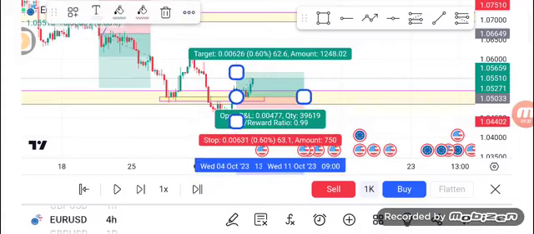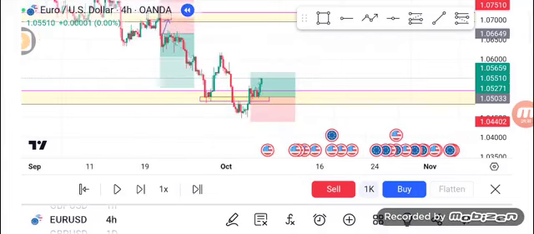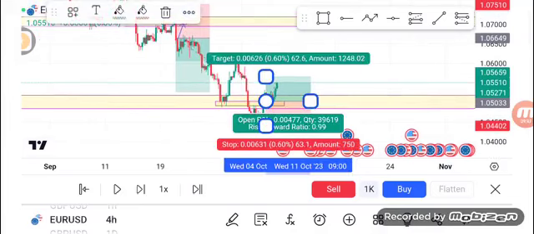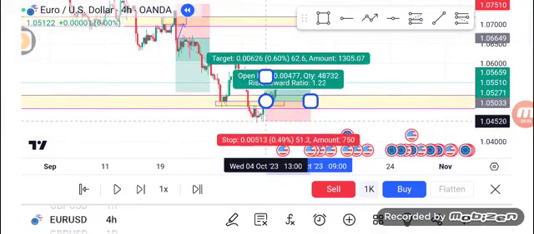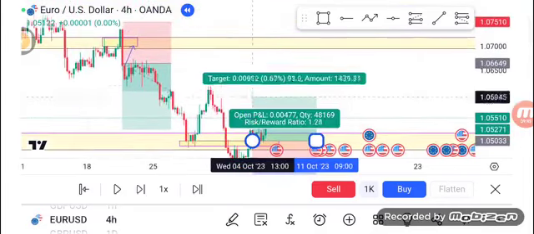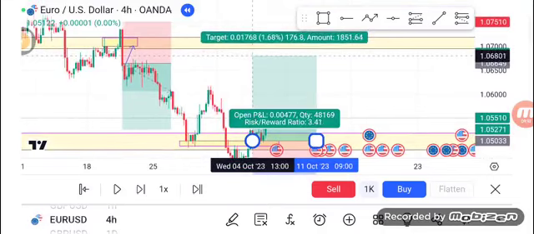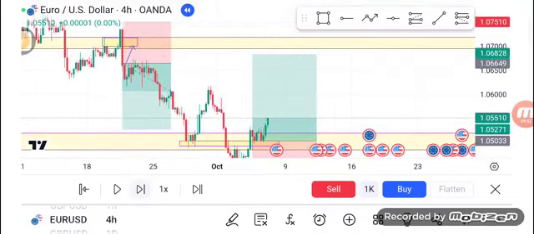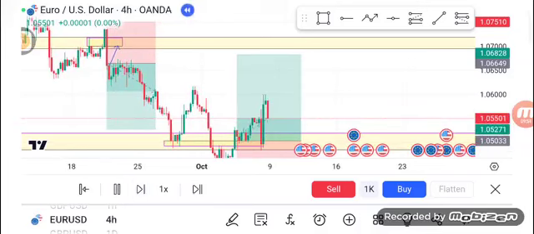Don't forget I'm trading on 4 hours time frame, so I'm used to my SL. My SL ranges from 20 to 50 pips most of the time, so I target the next zone. That's how I take my trade, and you see that